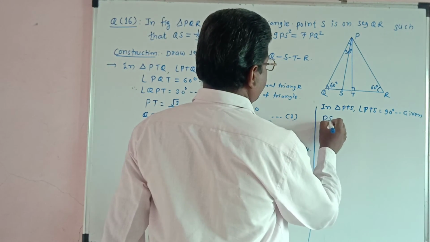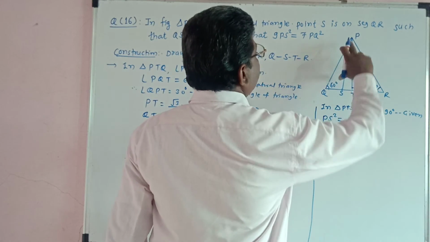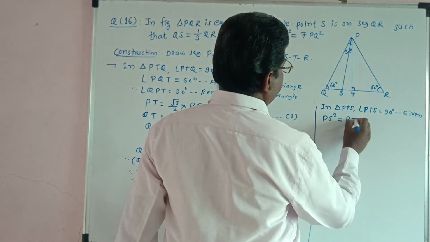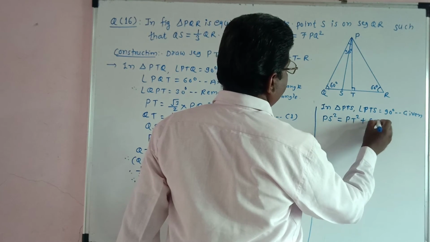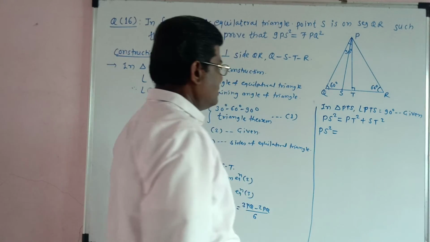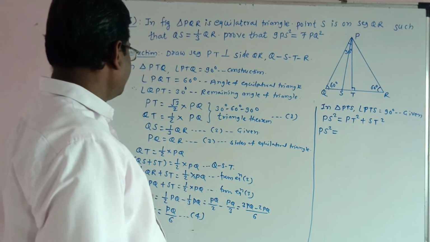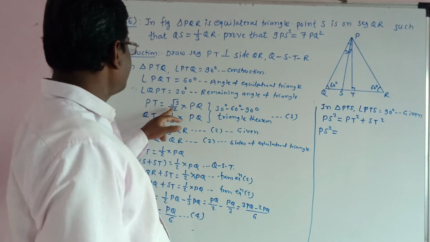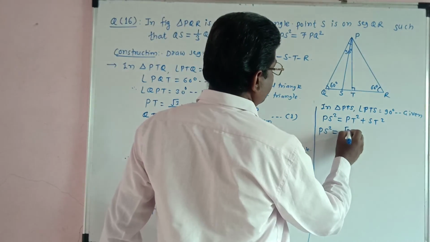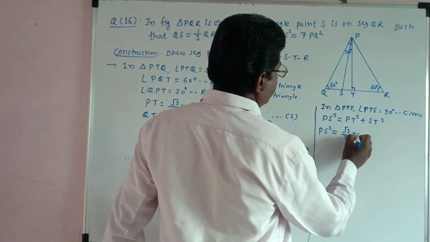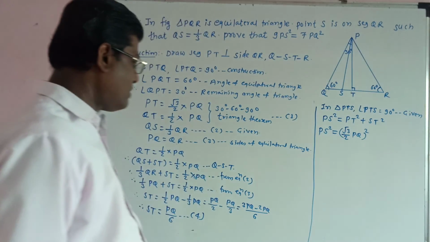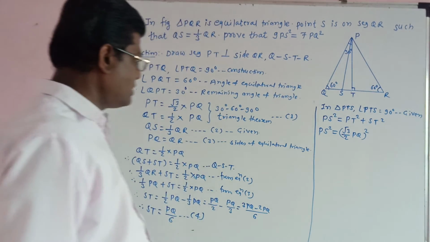So PS square, PS is the hypotenuse, is equal to PT square plus ST square. So PS square is equal to the value of PT, which is root 3 upon 2 into PQ, bracket square, and the value of ST is PQ upon 6,